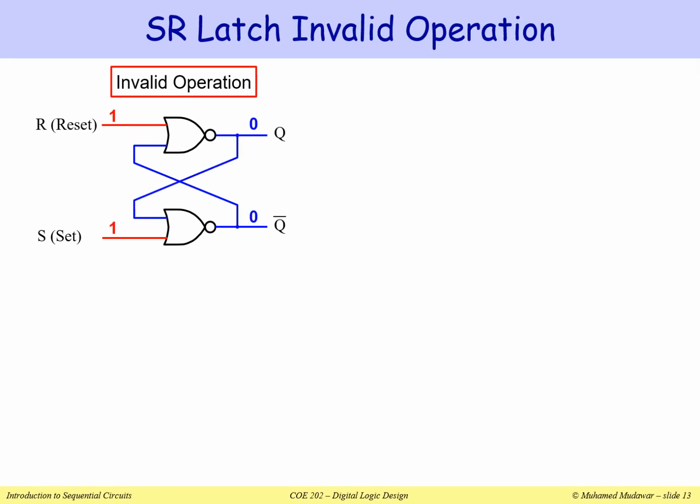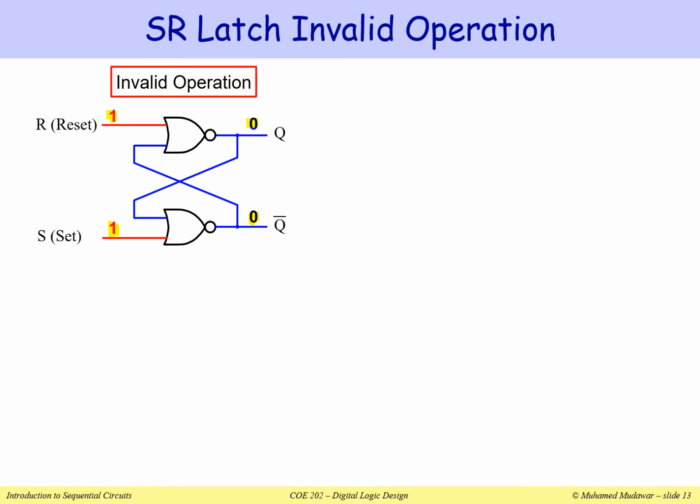Now suppose that I set and reset at the same time. So I make R equal to 1 and S equal to 1. Now this will force Q and Q bar to be both 0 and 0. Here the output is undefined. So for this reason we should never actually use R and S to be 1 and 1 at the